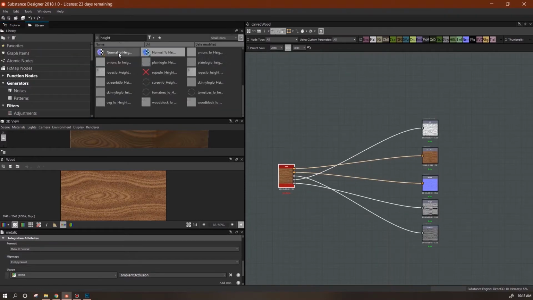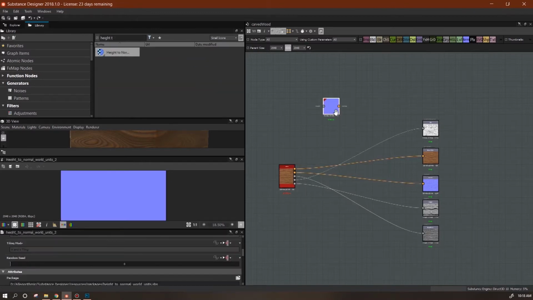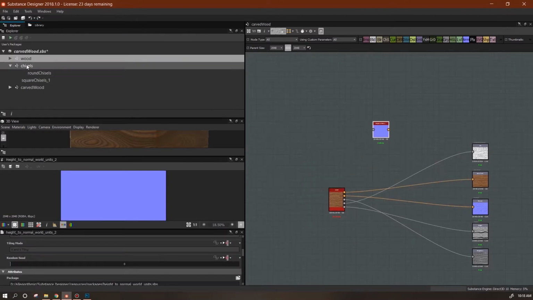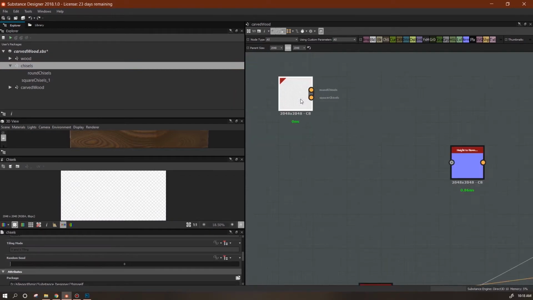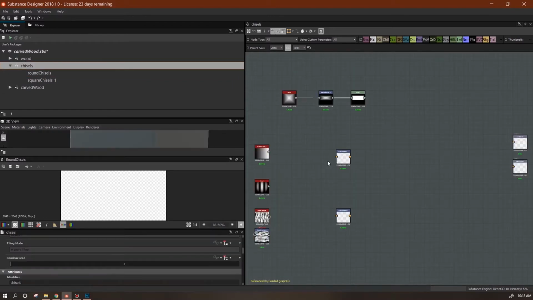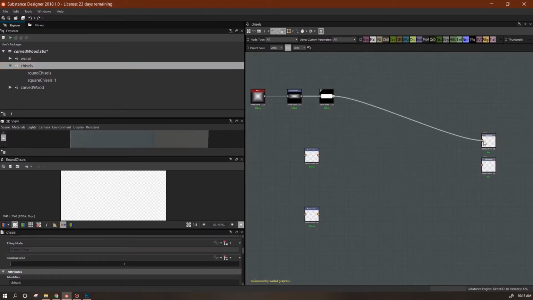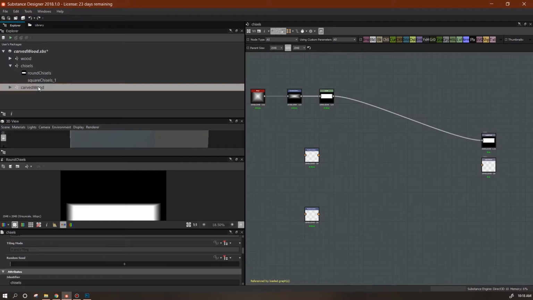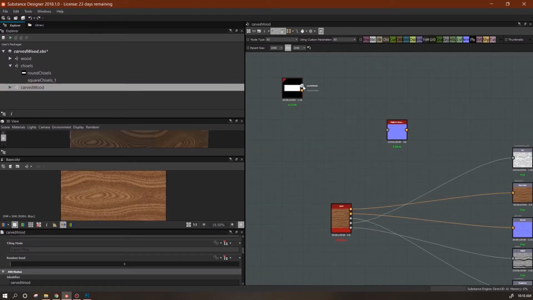Right. Now let's go to the library, get that height to normal, and go back to our Explorer, get our chisels. I want that to be grayscale. Let's take a look at what's going on in here. Oh, because we haven't hooked anything up. That helps. All right. So we've got our grayscale output here,